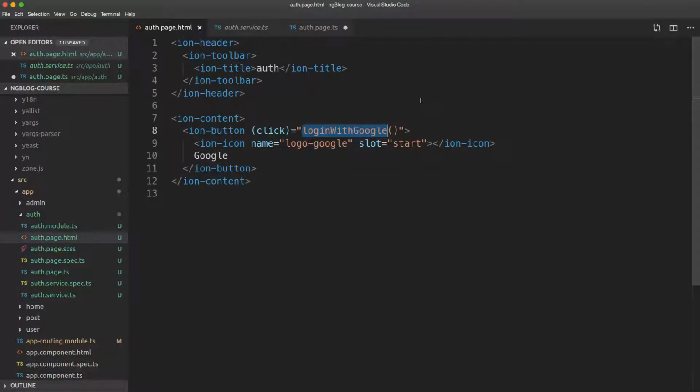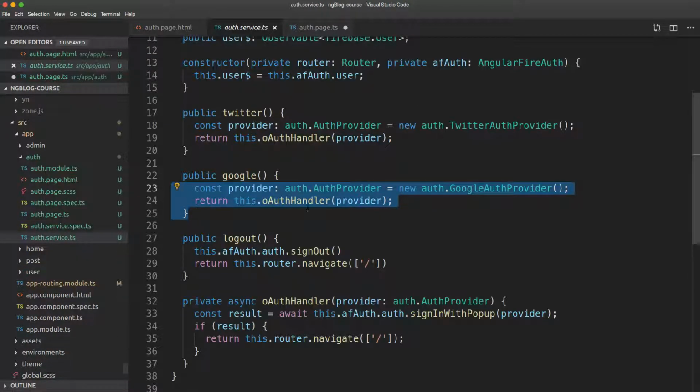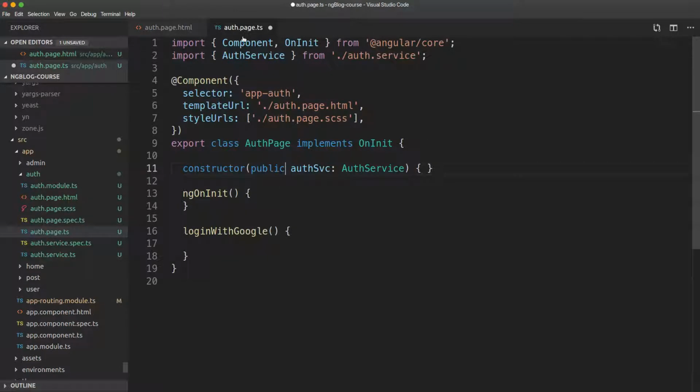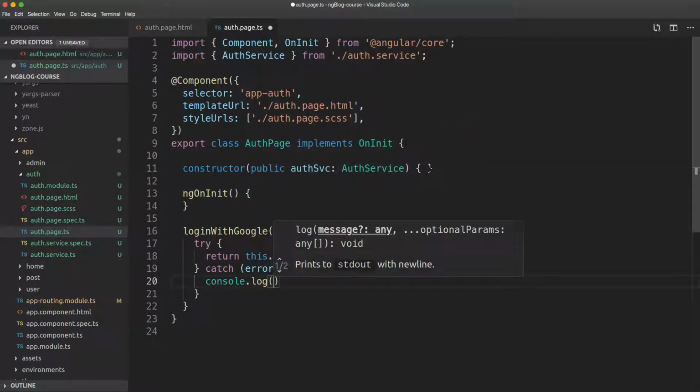But I'm gonna create a new function, and then I'm going to, here on the authpage.ts, do a try catch block. And here we can just return this.authservice.google,